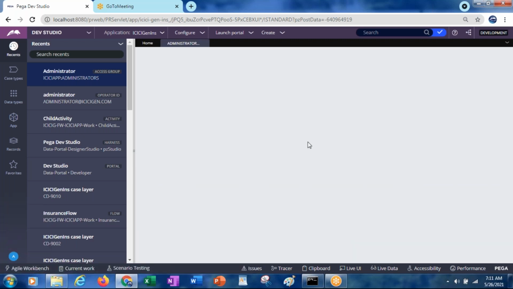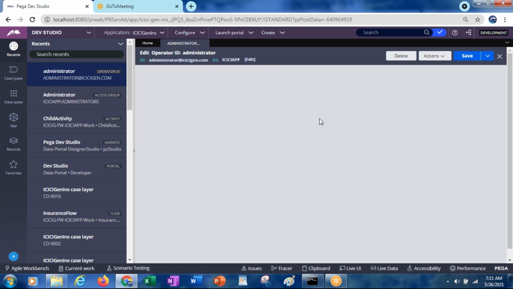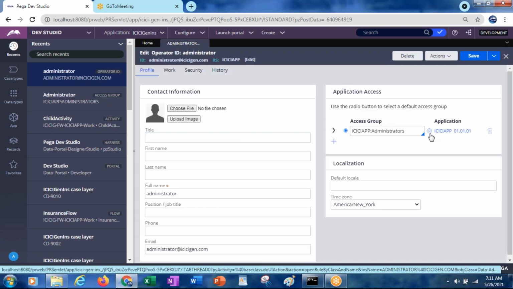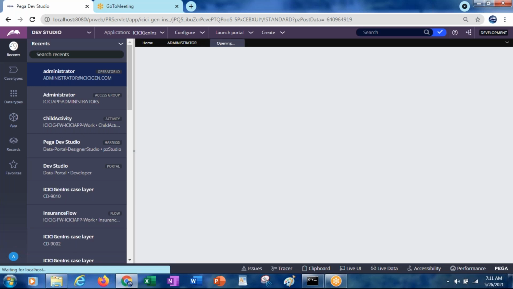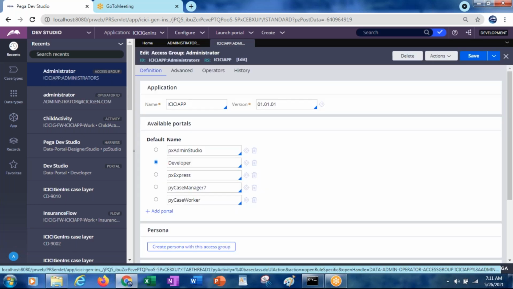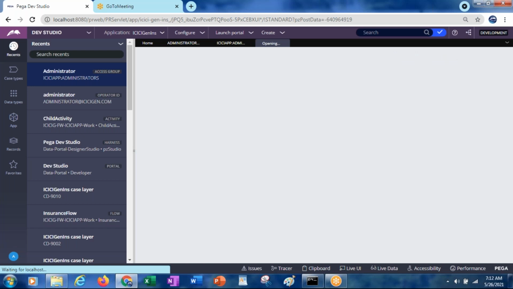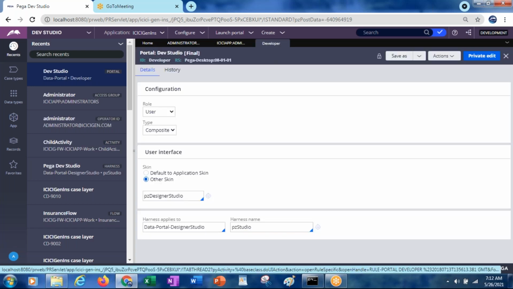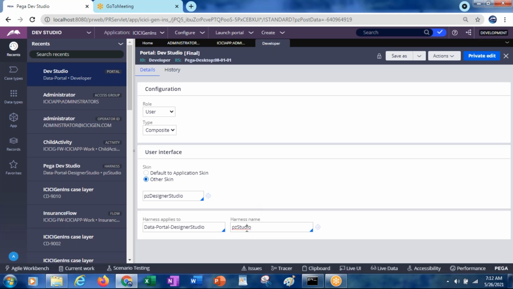Operator and then access group, like this. As I said, we will have various portals, and if you want to see the portal, it refers internally to the harness only.